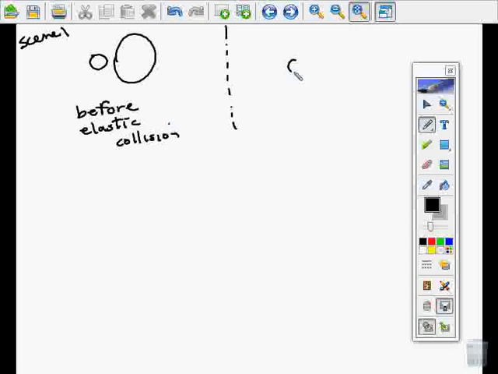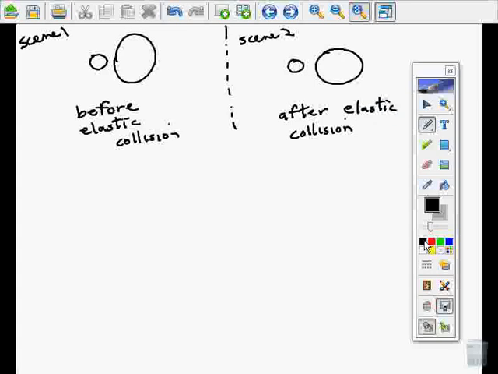And then, I'm sure the two of them are going to smash into each other and bounce off of each other, and this is going to be right after the collision. This is after they bounce off of each other. Elastic, bounce off of each other. Okay, so